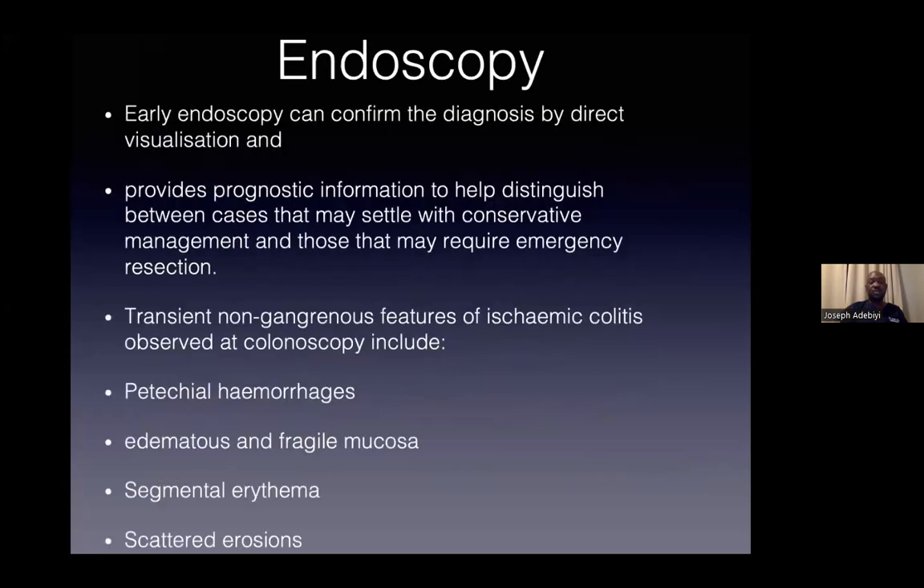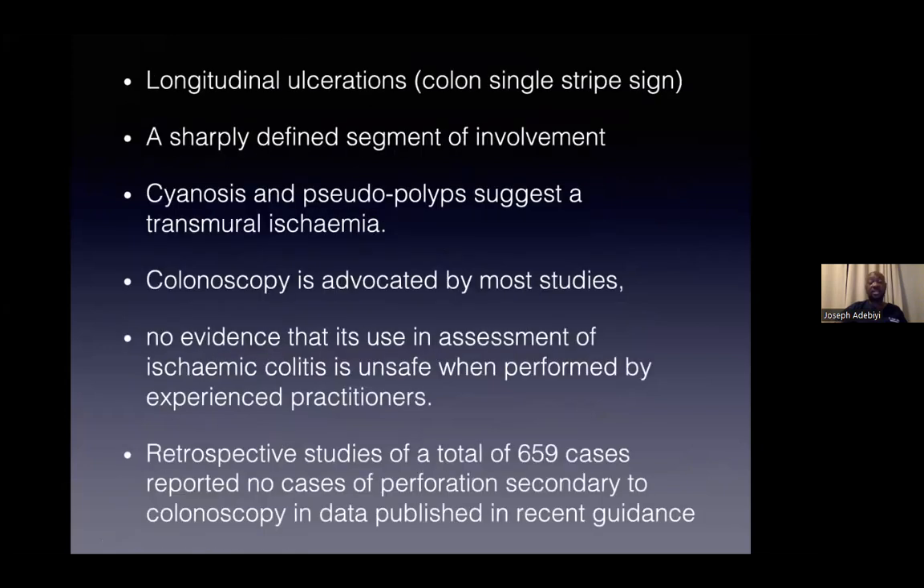So early endoscopy is actually advised so that you can have direct visualization of the bowel. Some of the changes may be non-specific, but what you usually will find would be petechial hemorrhages with edematous, fragile mucosa with some segmental erythema and scattered erosions. You also would find longitudinal ulcerations, the so-called colon single